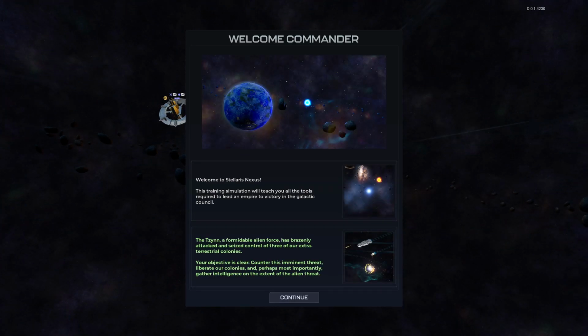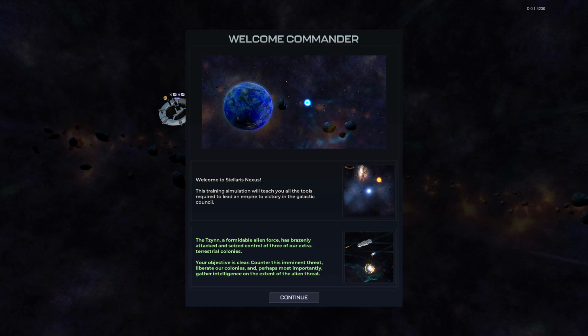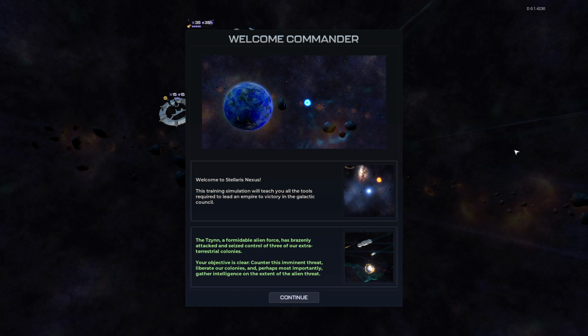Welcome, Commander, to Stellaris Nexus. This training simulation will teach you all the tools required to lead an empire to victory in the Galactic Council. The Tizen, a formidable alien force, has brazenly attacked and seized control of 3 of our extraterrestrial colonies. Your objective is clear: counter the imminent threat, liberate our colonies, and perhaps most importantly, gather intelligence on the extent